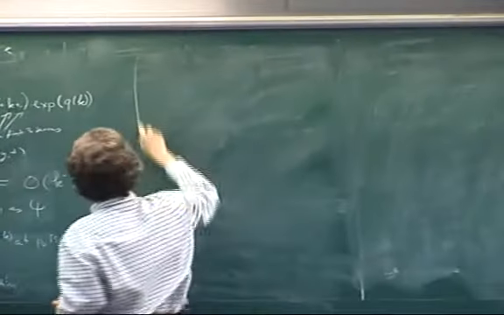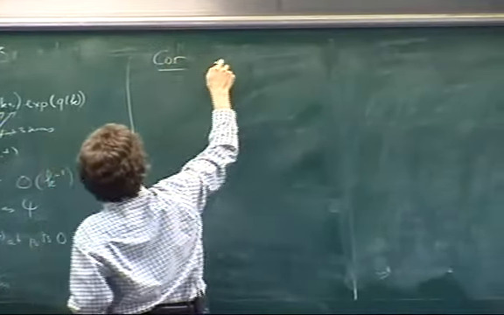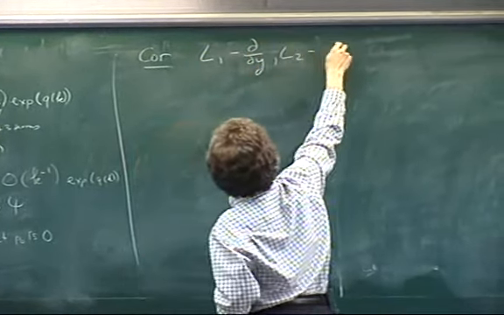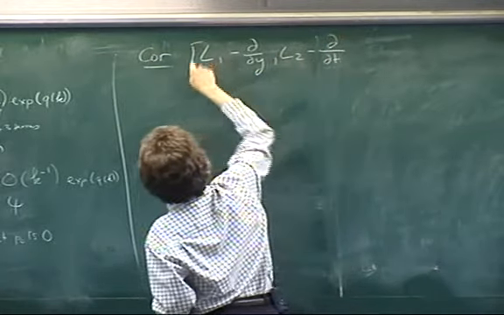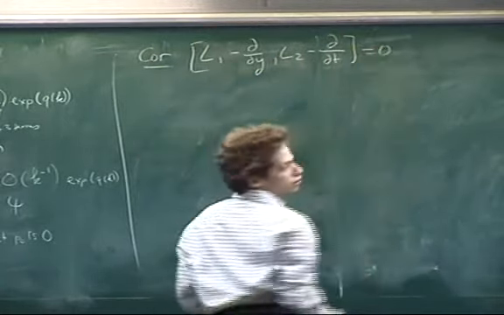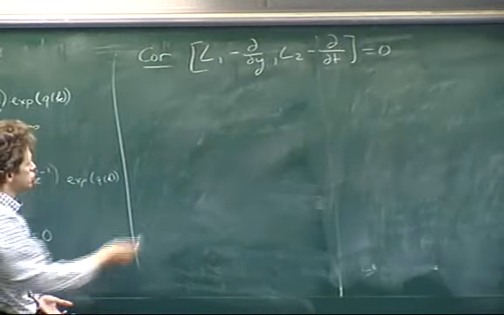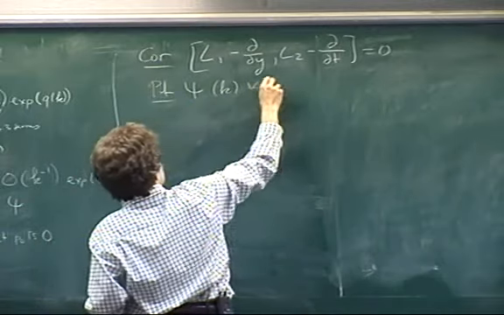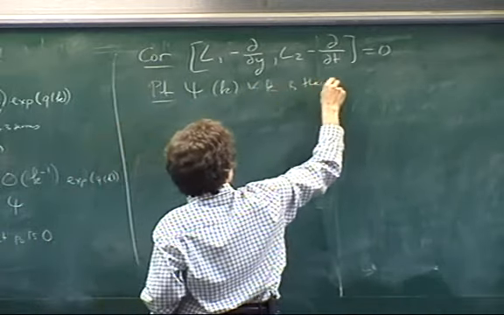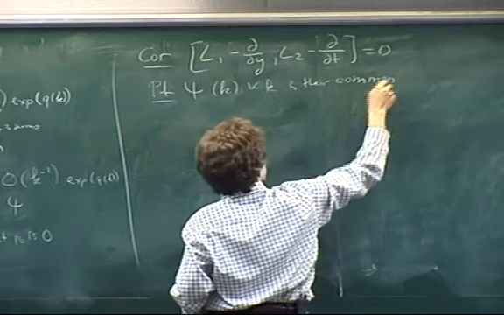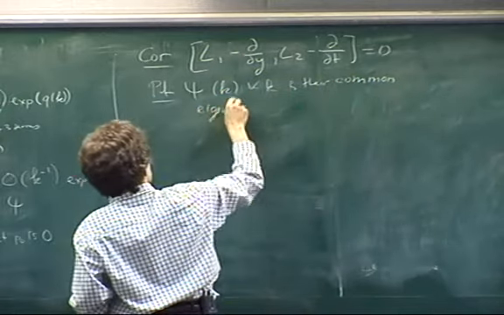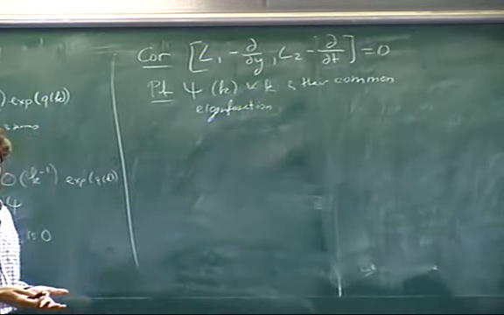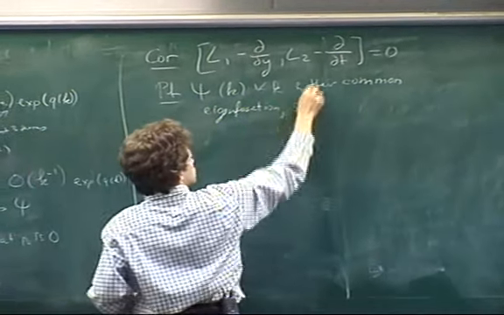A simple corollary of this is the following, that L1 minus d/dy and L2 minus d/dt commute, because, proof, psi of k for any k is their common eigenfunction. Right? And so this means